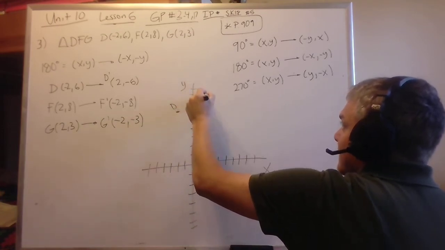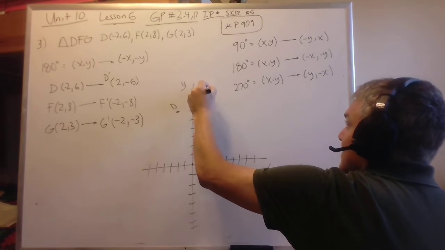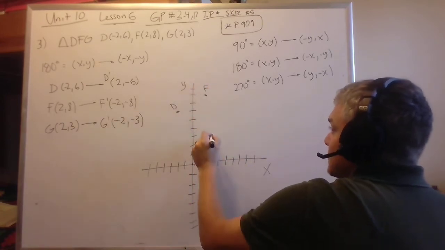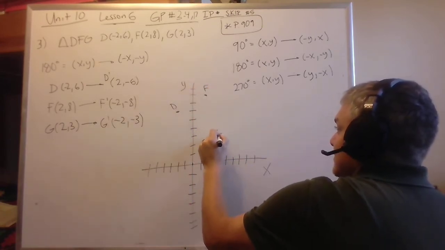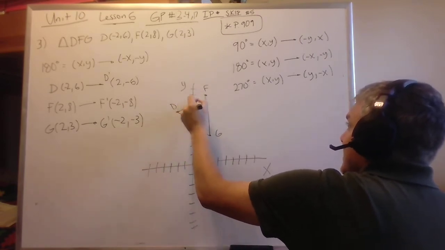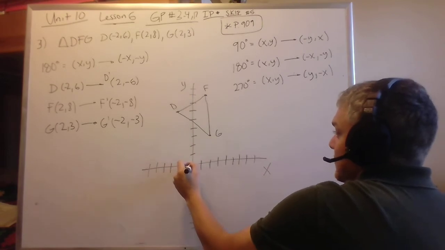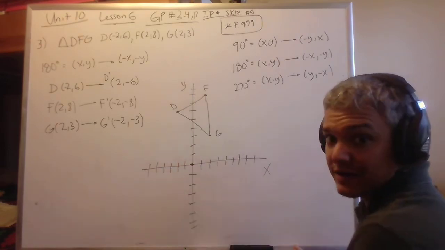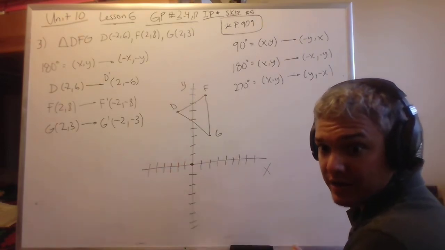So it's right here. And G is at 2, 3. So it's right here. So we have this triangle. And now we just made a 180-degree rotation around this point right there. And what's going to happen is